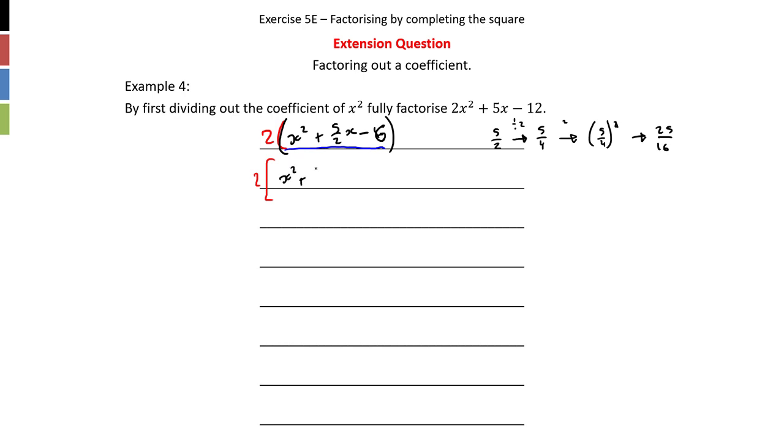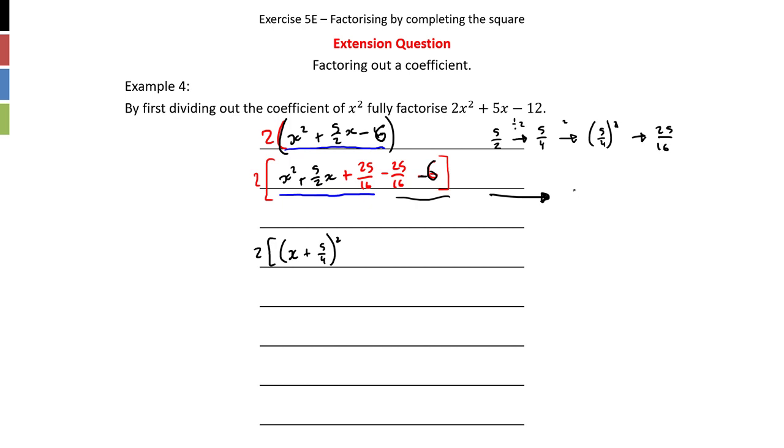We get x squared plus 5 on 2x. Always add our special number first, 25 on 16 minus 25 on 16 minus 6. So now we have this trinomial. We can simplify, so we get 2 bracket per bracket x. So 5 on 2, half that's going to be 5 on 4, so we get plus 5 on 4 all squared. That takes that out, and now this bit over here,